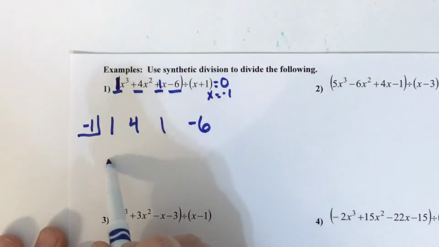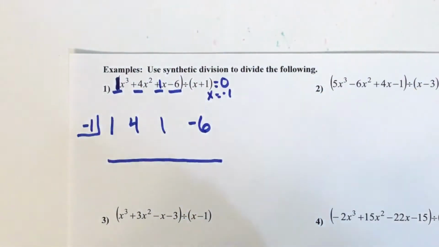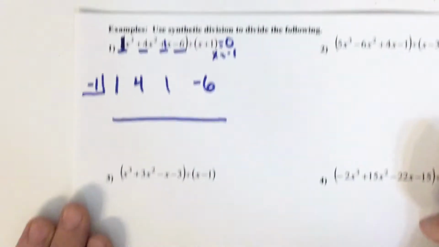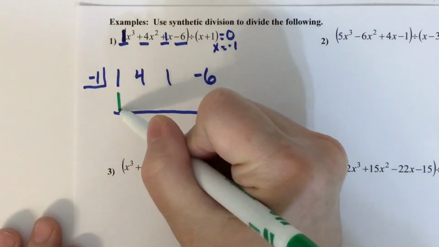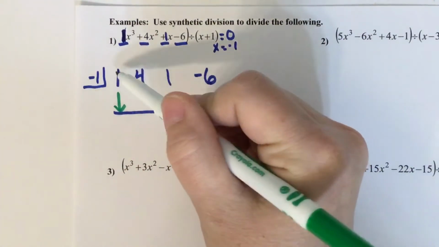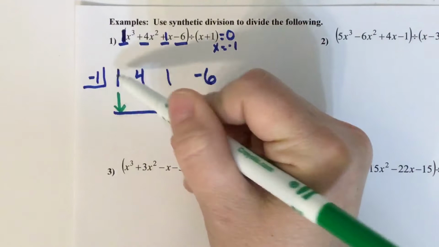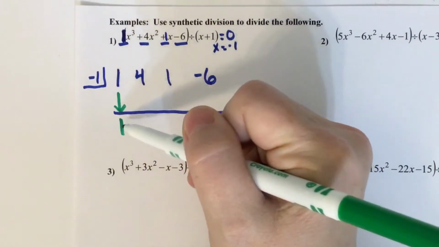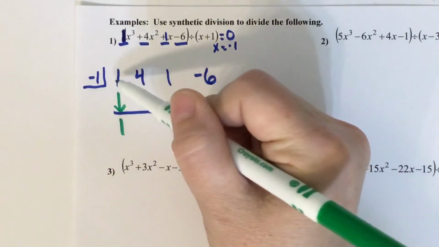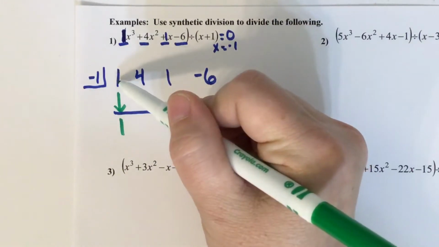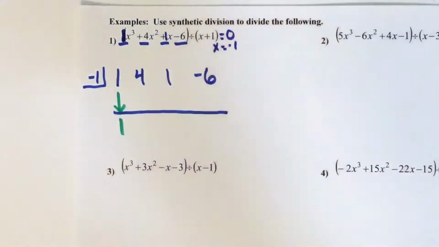Okay, then we draw this little line. And then this is how it goes. You bring down your first number. So I just bring this number down. So if this is a 1, this is a 1. If this is a 2, this is a 2. If this is an 8, this is an 8. If this is a 21, this is a 21. Okay, then we start this sequence of multiplying, adding,